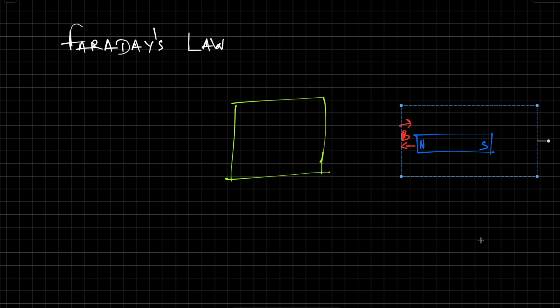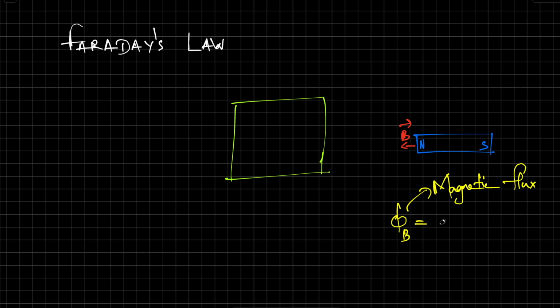The reason for this is when you move the magnet into the coil, you are changing the number of field lines passing through the coil, or you are changing the magnetic flux. Phi B is the magnetic flux. The equation for phi B is BA cosine theta. When you move the magnet into the coil, you are changing the magnetic field inside the coil, and thereby changing